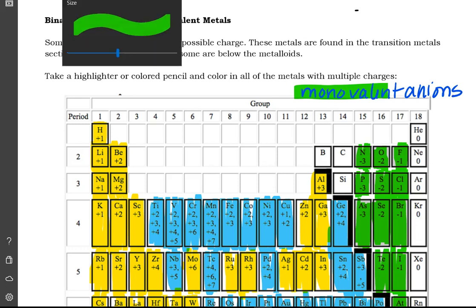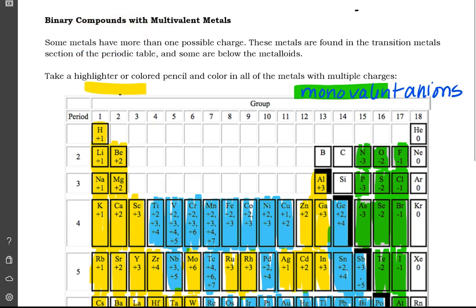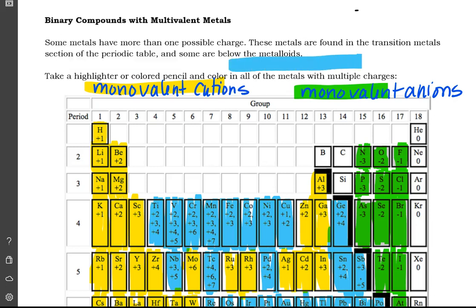And of course we did have, and I somehow managed to erase it, the monovalent, although I didn't write cations, I'm going to now. And then our blue guys are multivalent